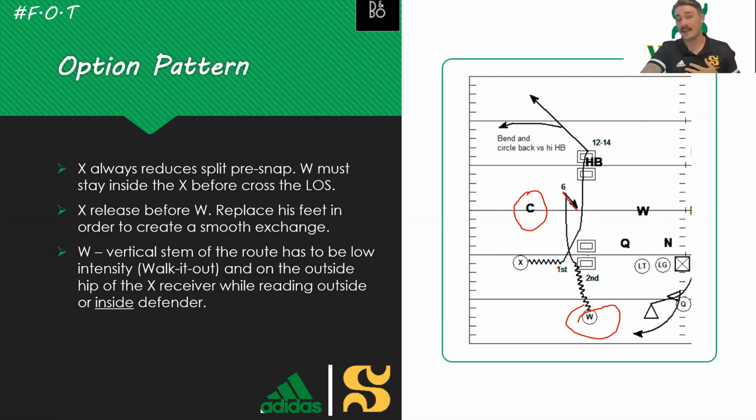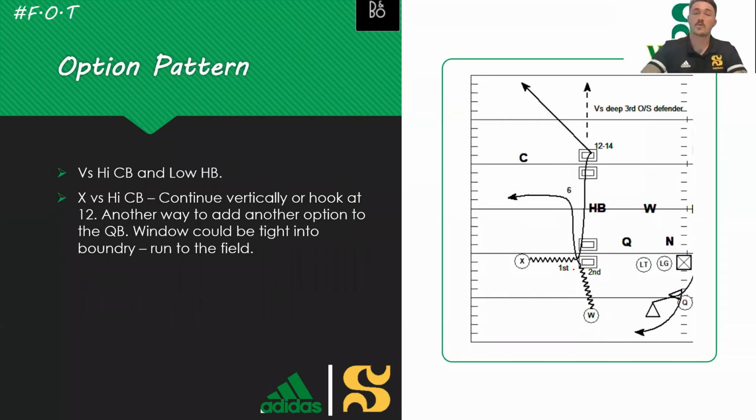So what I like to say all the time is read the low inside defender if there is one. If there is not, you're going to curl. If there's a low inside defender, okay, we're going to tell this guy to break it outside, okay? So with this action right here, if the halfback's going to stay low, as these two are exchanging stems, and the halfback stays low, but the corner is now getting depth, okay, we're going to run the out-breaking route,